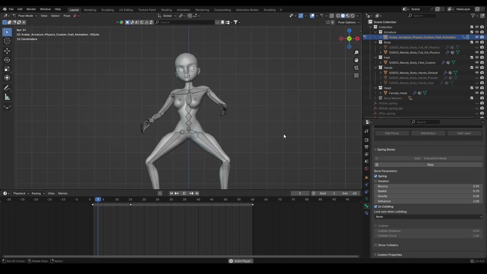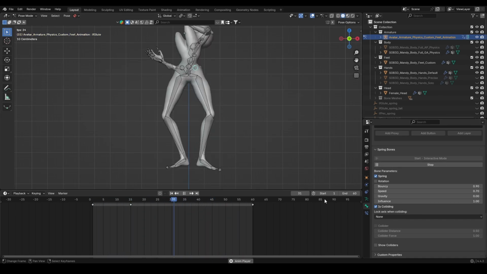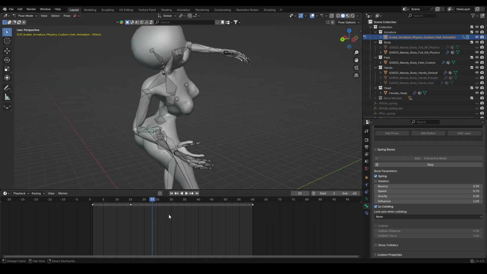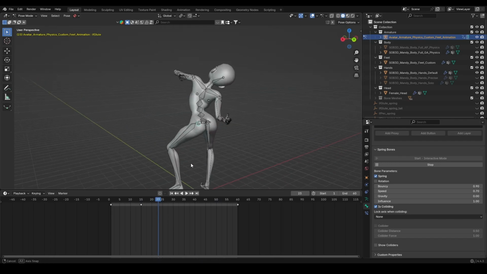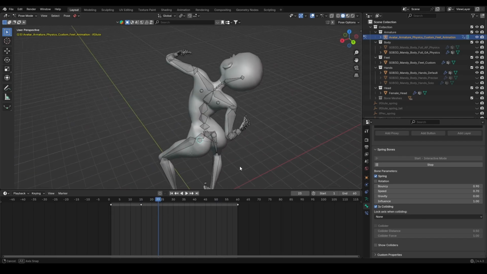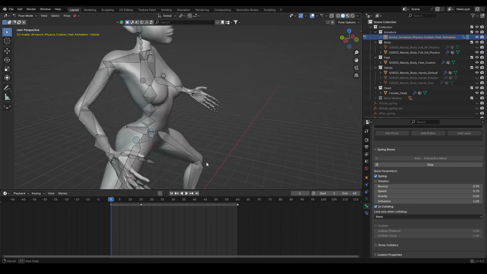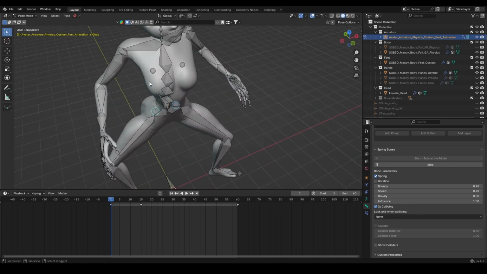Once you're done, make sure it plays through the entire time frame range, because to get these into keyframes, we're going to have to bake them. All right, so how do we bake them? Now we're going to select just these 4 bones. Then we're going to come to Pose,